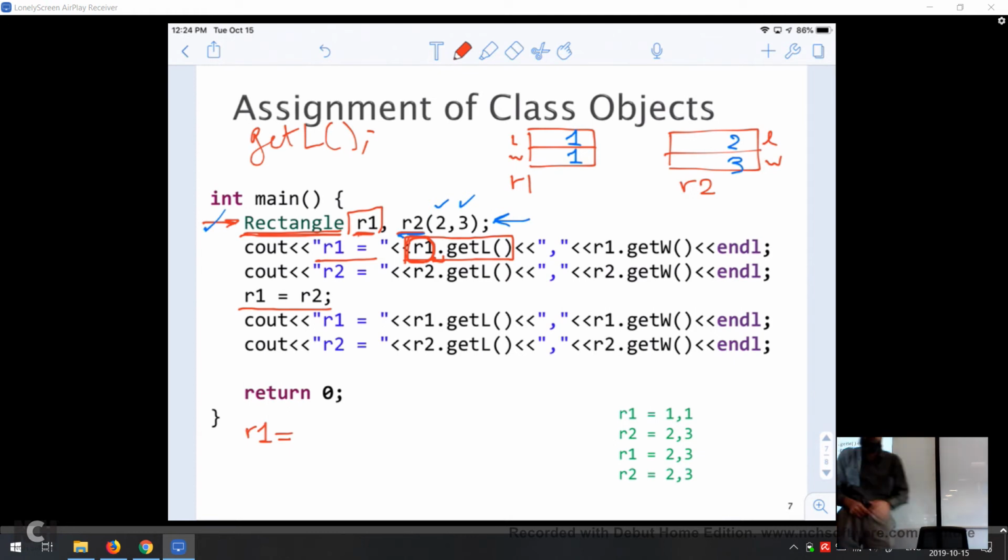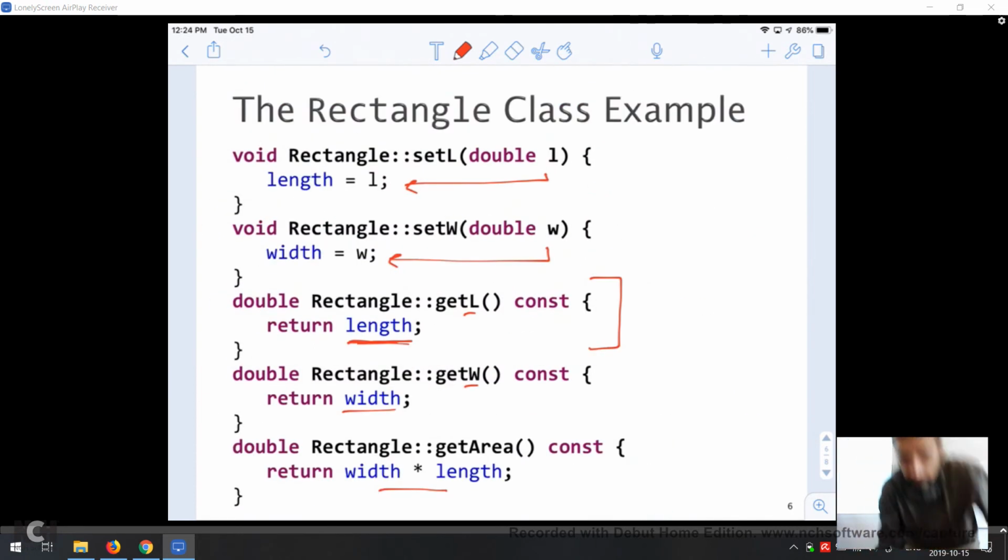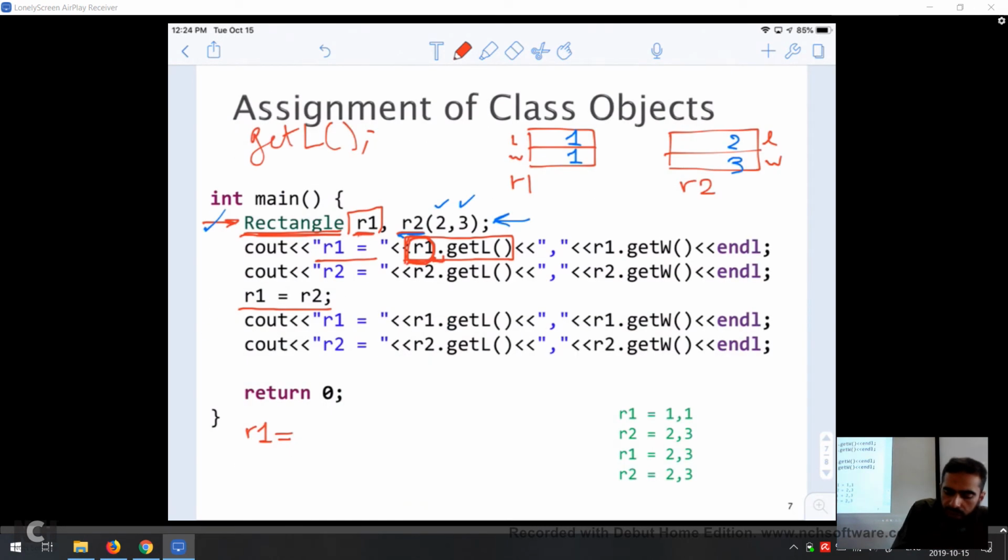So now when we call getL, we are inside this function. Inside this function, I have no idea what is length. What is the value of it? We know that length is a field, a data member, a member variable of the class rectangle, but we don't know its value. The value is the value inside the length field of R1. Why R1? Because it is R1 that is calling the length. So this is how you should be tracing. And what is the length inside R1? It is 1. So this is why it is going to print this 1 on the screen, followed by this comma,